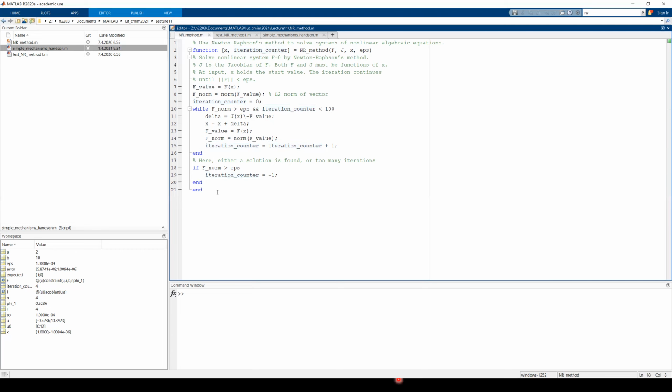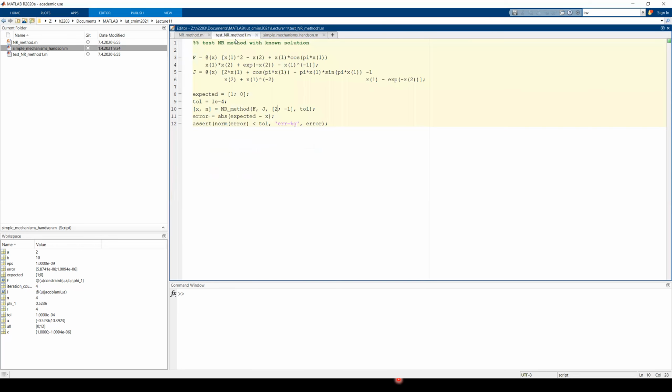After it ends, we simply check if we got close to the solution or if the iteration counter got large enough to stop calculations. If our solution is not close enough, it means that it stopped due to an excessive number of iterations. We set our iteration counter to -1, so -1 here will be a flag that tells us that the method doesn't converge. And here are very basic tests for